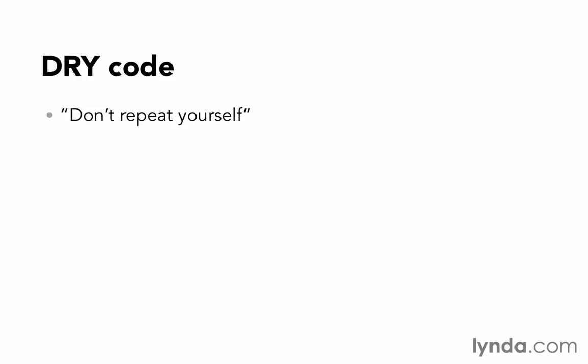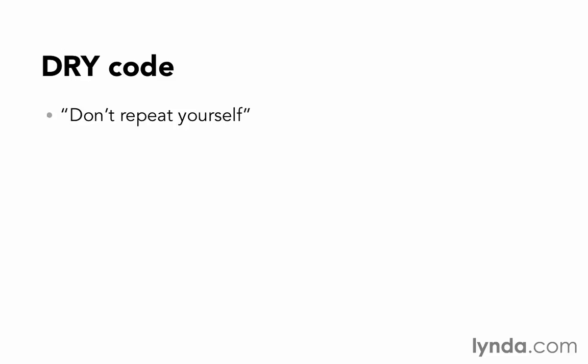Ruby on Rails is also designed using two guiding principles that help to make it powerful and effective. The first of those is DRY code. Now, I'm always going to pronounce that as dry, but it's actually three letters, D-R-Y, which stands for don't repeat yourself. This is a fundamental principle of software design that says that every piece of information should be expressed in just one place. And then you can refer to that information from other places if you need to use it